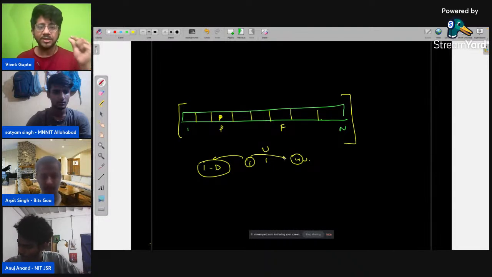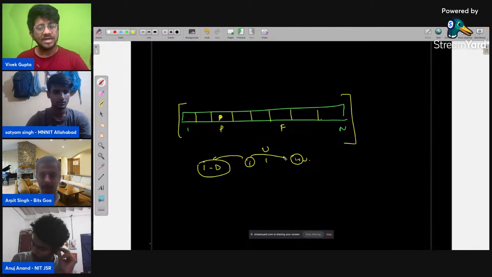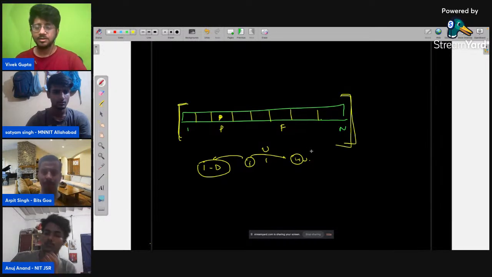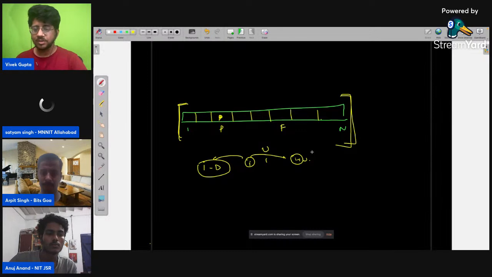Had this statement not been written, there is a very different problem in place. अगर वो नहीं है ना तो it can be solved with just extended GCD algorithm. Okay, but in this case that will not be possible because you have to restrict yourself in this. Okay, I have made a video on this one. So now what you can do is, if you can go to these 2 positions using one step, I will set up the graph for this. This is actually a BFS problem.